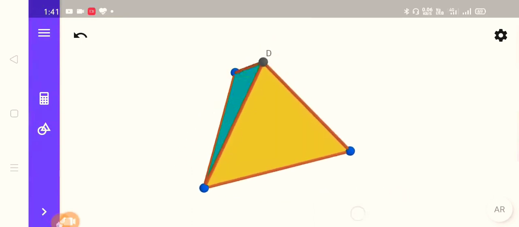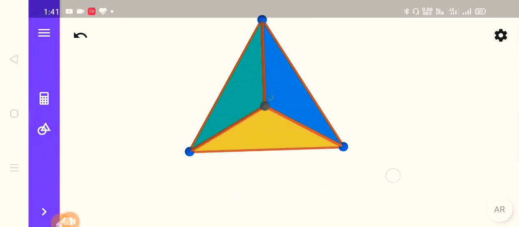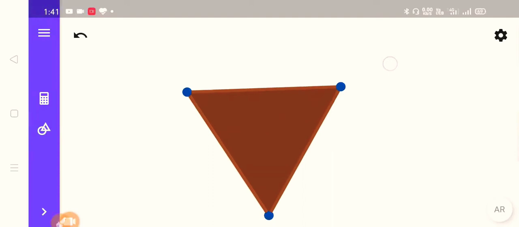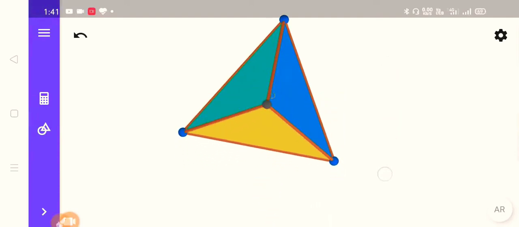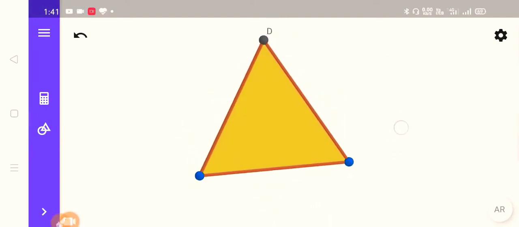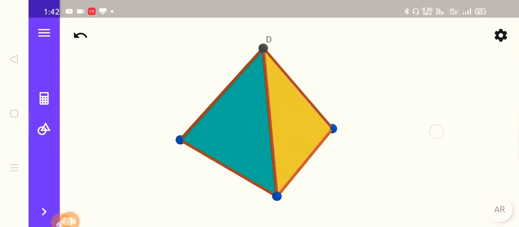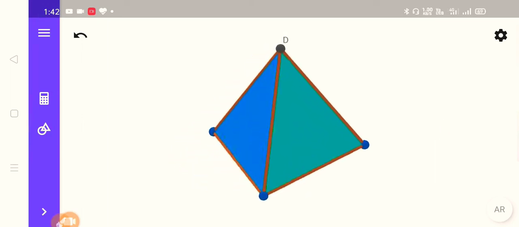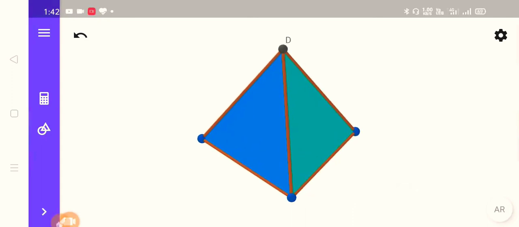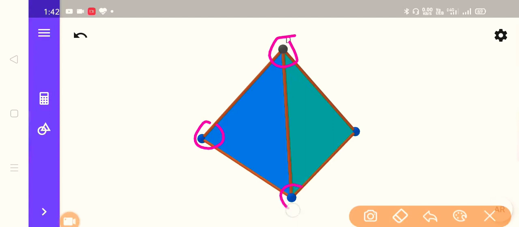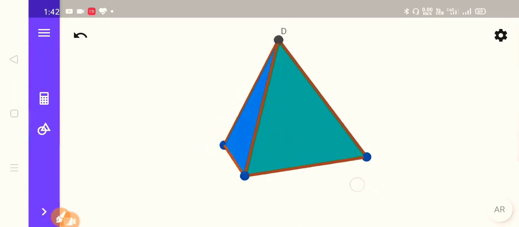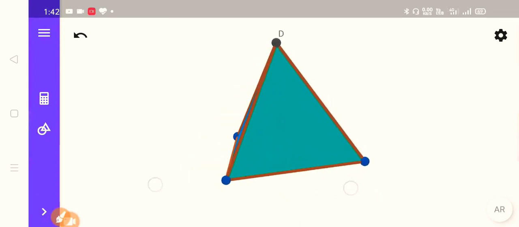So we have four different planes here. That's why this shape is called tetrahedral. Now for this type of shape we need 4 points. As you can see in this structure, we have four different points: 1, 2, 3 and 4. When these 4 points are connected with each other, you will get this type of tetrahedral void.